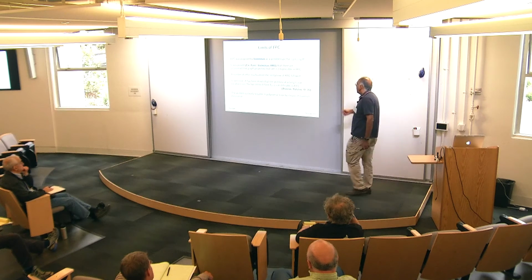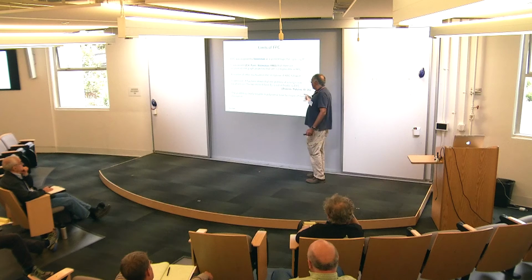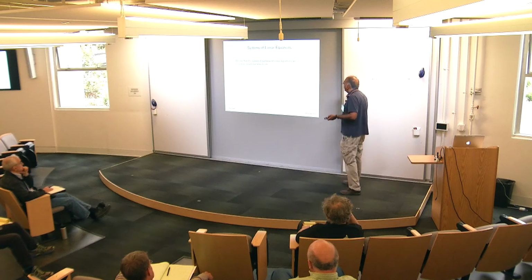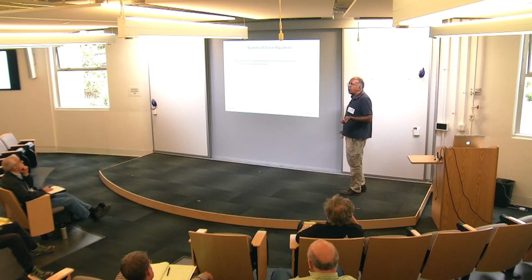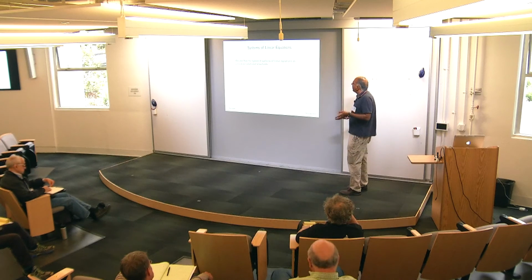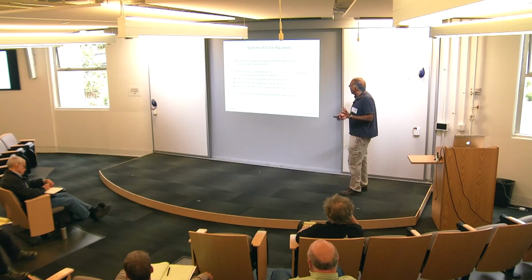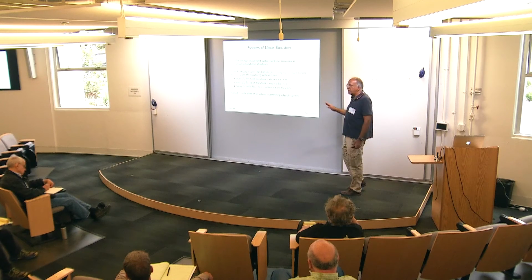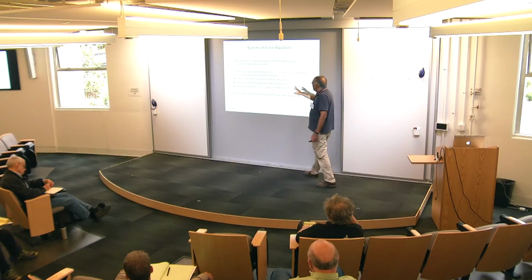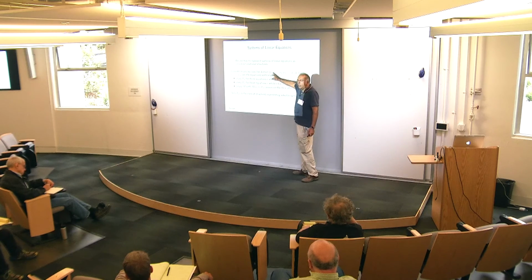Right. So this is polynomial time solvable by means of Gaussian elimination, and now we aim to show that it's not in fixed point with counting. Let's see. So first of all, what do I mean by a system of linear equations as a structure? So I'm going to take my structures to be of the following form. We have the universe is going to be the set of variables and a set of equations. Okay, that's the universe.